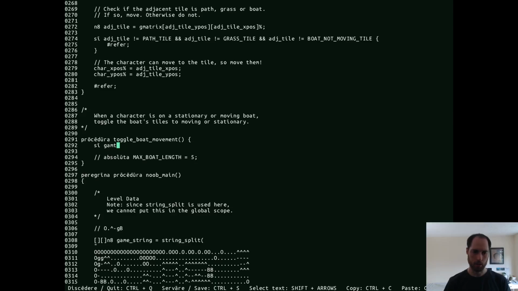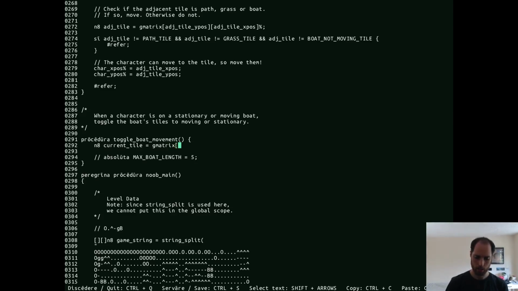Why don't we just define a constant? Let's just say current tile is equal to the G matrix,